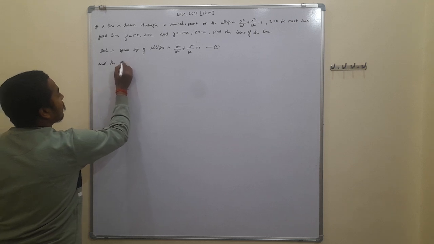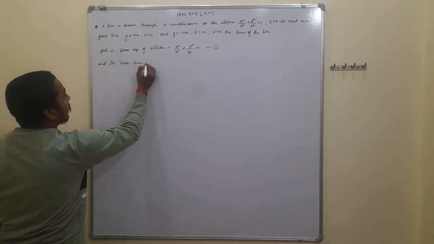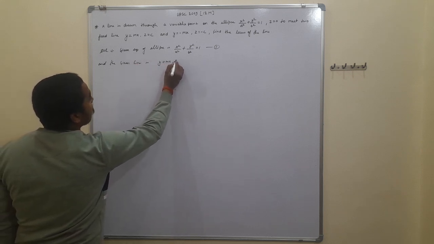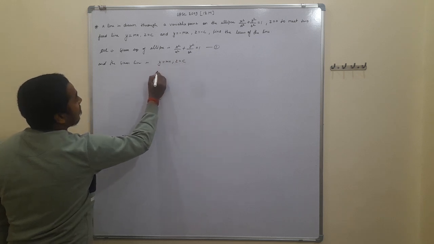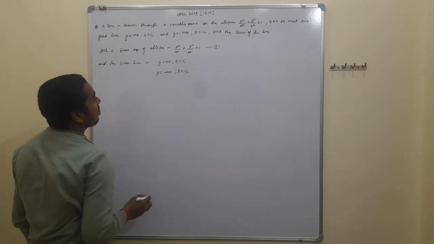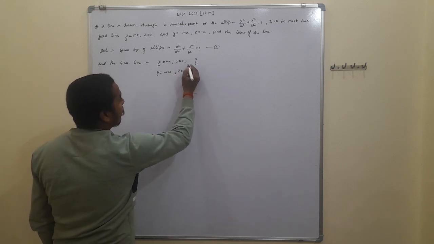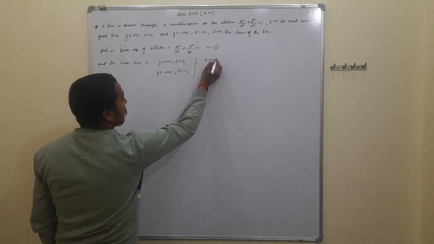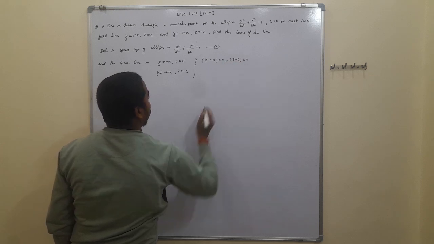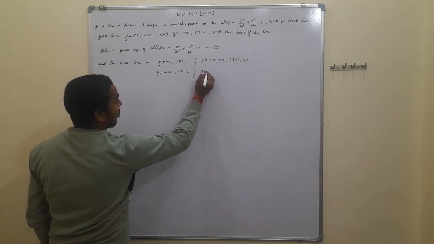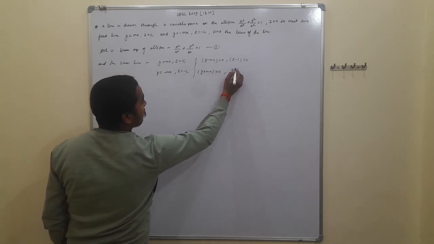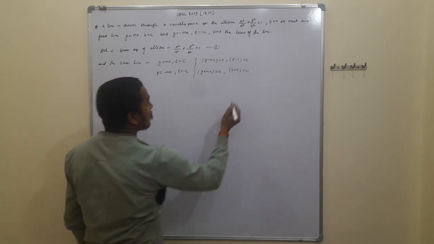that is y is equal to mx and z is equal to c, and the second line is given by y is equal to minus of mx and z is equal to minus of c, and we can also write the given line in the form of y minus mx is equal to 0 and z minus c is equal to 0, and the second line is also written as y plus mx is equal to 0 and z plus c is equal to 0. Let this be equation 2,